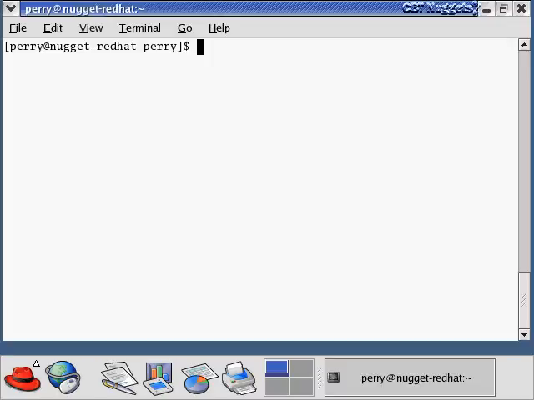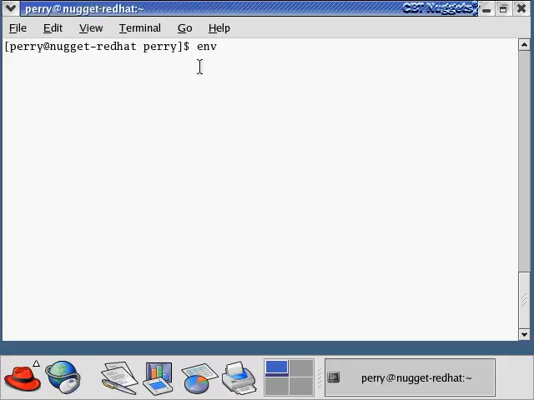Well, the first thing I want to do in this nugget is talk about the shell environment. Basically, when you log into a computer, you have a bunch of environment variables set for you. These environment variables control some basic functionality of your interaction with the shell. The best way to explain environment variables is to show you what they are. And the way that we can see what all of our current environment variables are set to is with